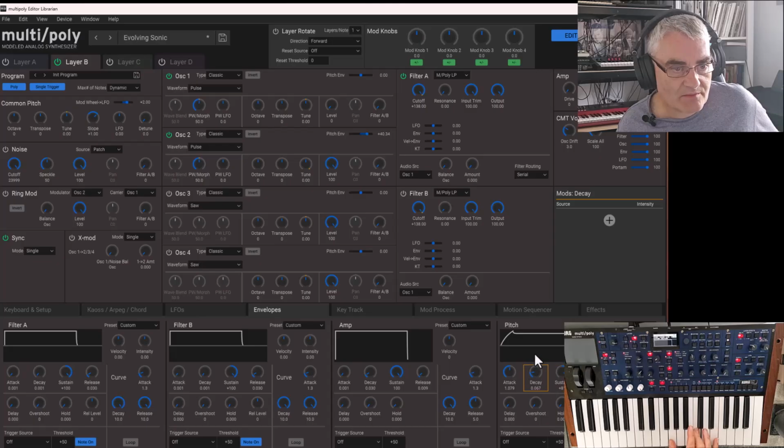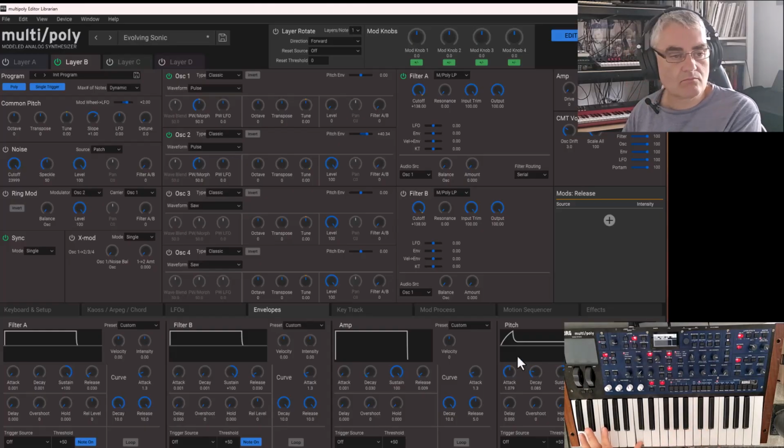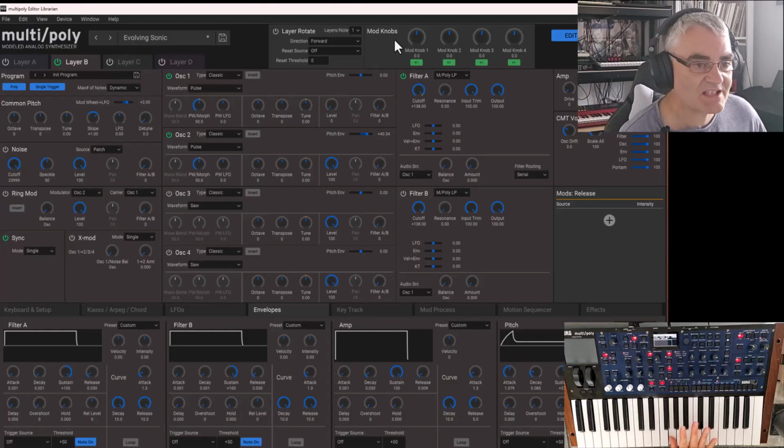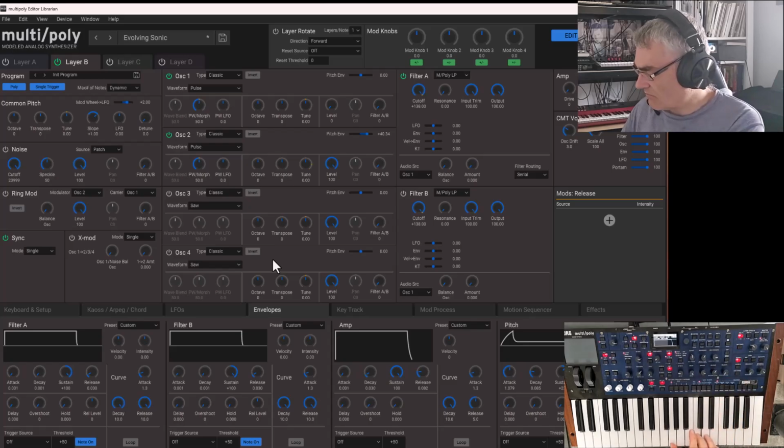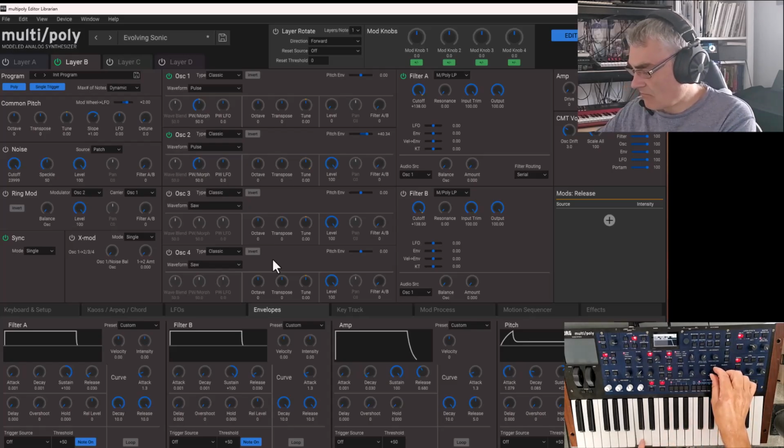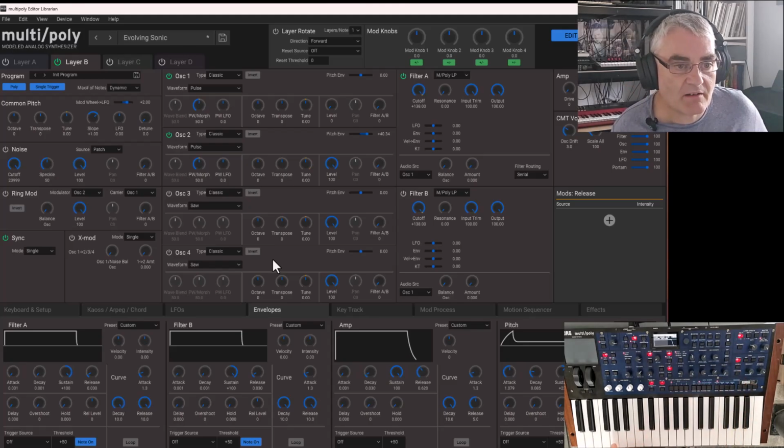Let's bring it back down. So there's our pitch envelope. Just going to get my amp envelope a bit extended. You can hear that cut off there on the fill. You can hear that sloping down, so maybe we would be better to get a nice long slope on that. And here we can